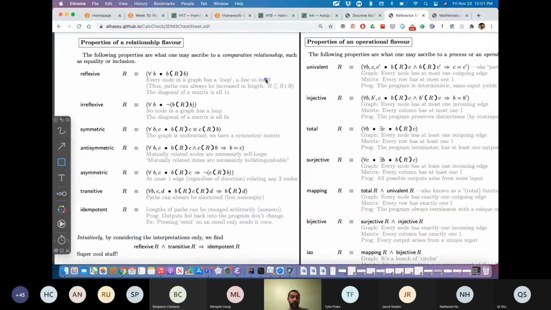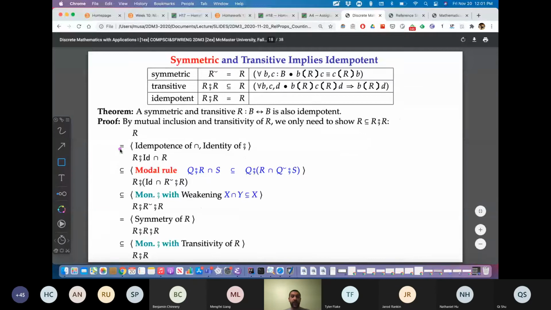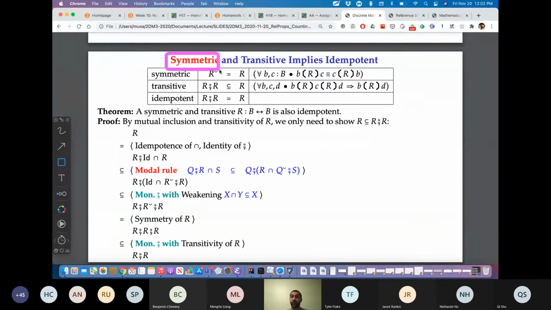And it's quite simple. So I hope, as extra practice for the midterm, you should be able to prove this comfortably, right? You know, what does idempotent mean? What does transitive mean? What does reflexive mean? It means these weird equations. Okay, what does this curly less than or equal to mean? What does this fat semicolon mean? Let me simplify and get back to for alls and exists everywhere and try to work with that mess. Okay. So here's a proof that if it's symmetric and transitive, it's also idempotent.